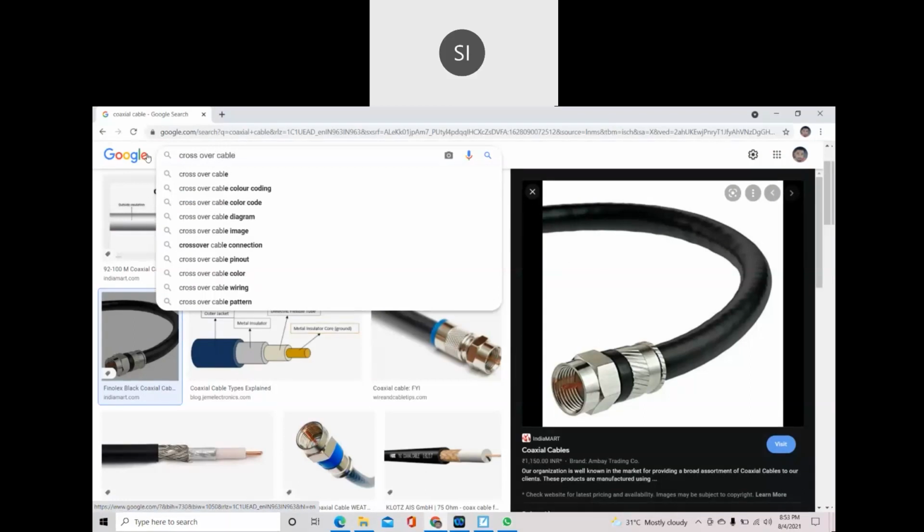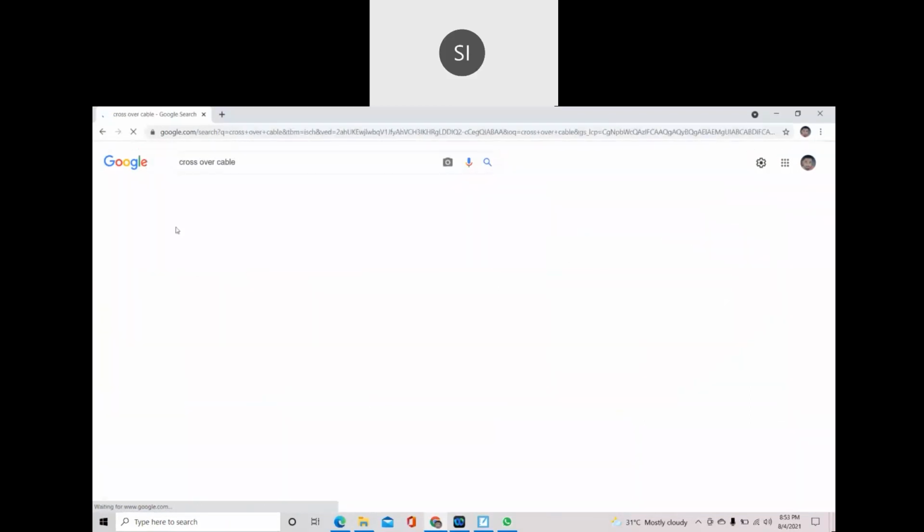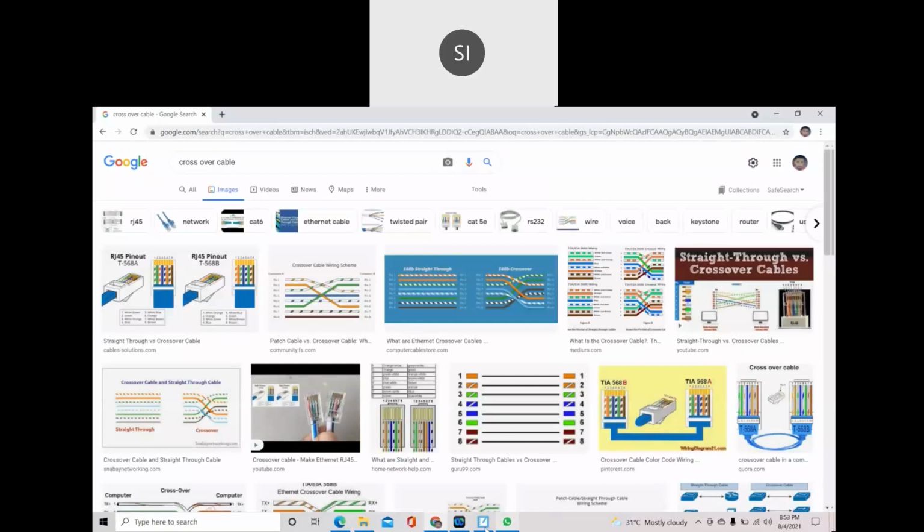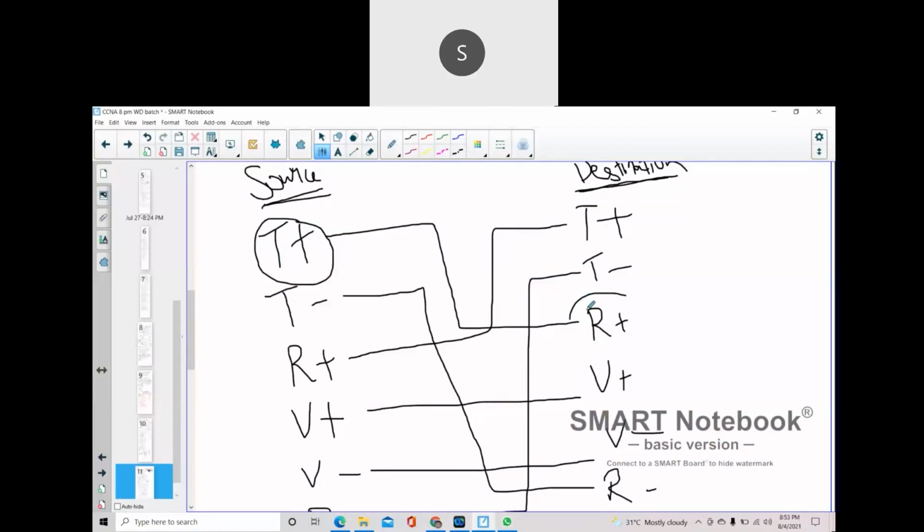We have to use it like that only. Actually, if you're putting a transmission, what will the destination do? The destination will receive, correct. While transmitting the data at the source end, the destination will receive only. That's the exact meaning. If I'm sending a message, you have to receive it, correct.